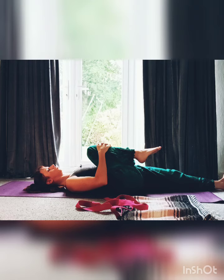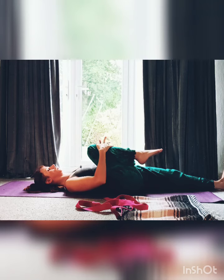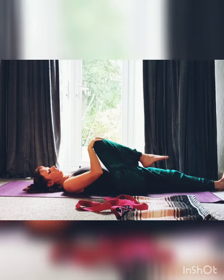Just feeling that support, the lower back, and the earth, and just ensuring we're not holding unnecessary tension through the shoulders. Gently squeezing that thigh towards the left side of the upper body without force. I'm going to take the right hand on the right hip, the left hand on the left knee,